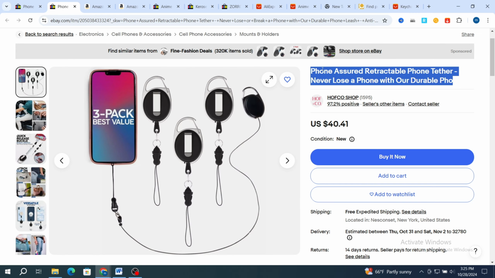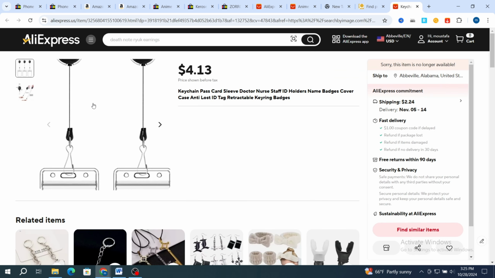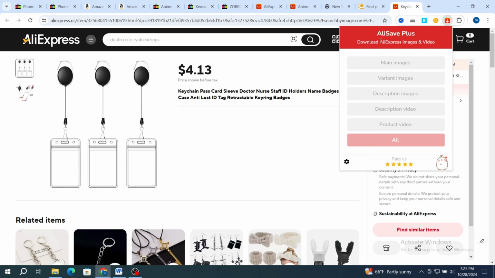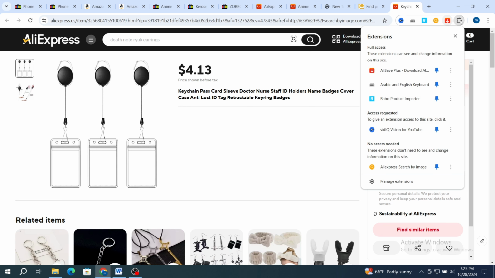Then you need to copy the similar description, the title, and the product specifications on eBay. And if you want to import this picture, just open a new browser and install an application named AliSave Plus. This extension, guys,